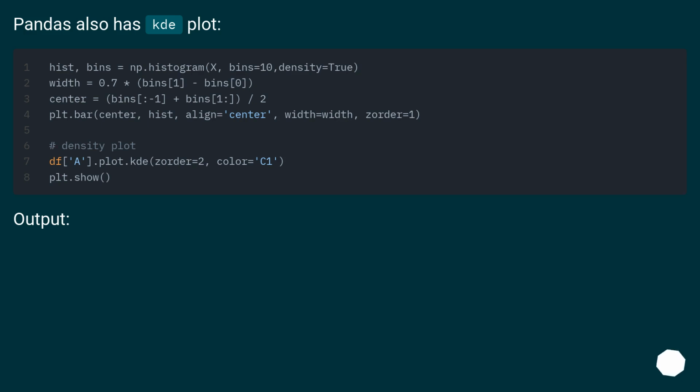Pandas also has plot. Output. If you want